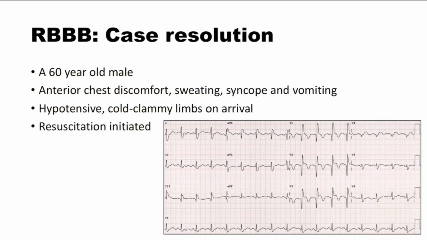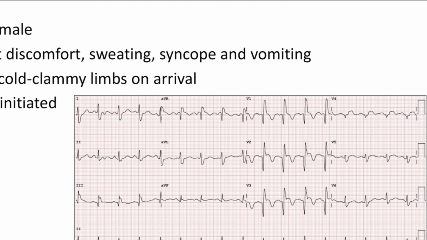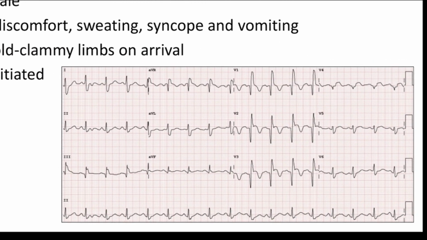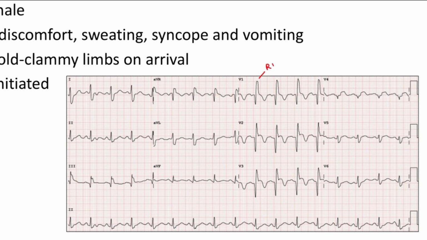Now if you recall the case, you can see here that the patient has got a tall R wave, deep S waves, and the QRS looks kind of wide. There are ST elevations here, and the patient has also got a Q wave preceding the R wave. Well, this is an anterior STEMI.